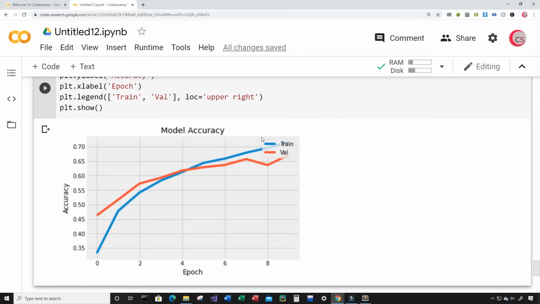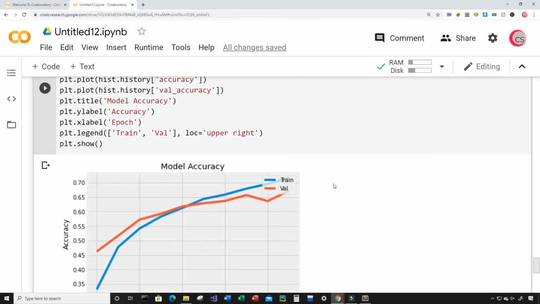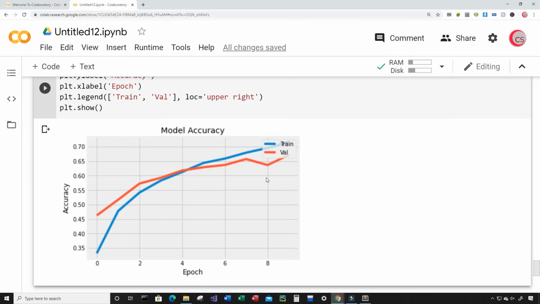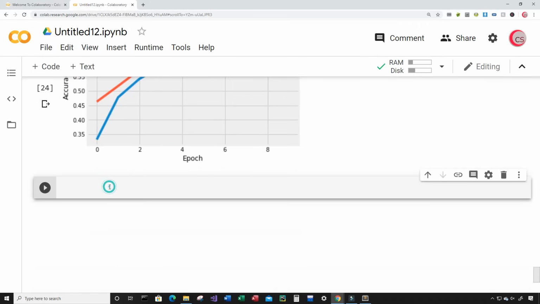Okay, so we can now see the model's accuracy visually. So it looks pretty decent there. It looks okay. We can always do better. Let's go ahead and create a new cell, and let's